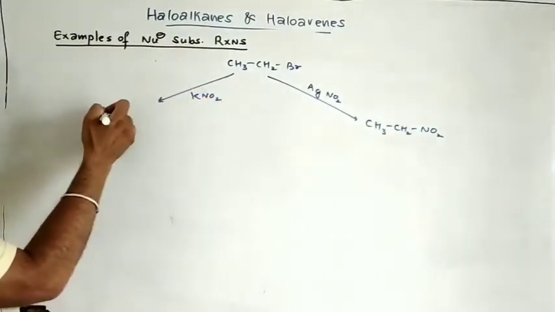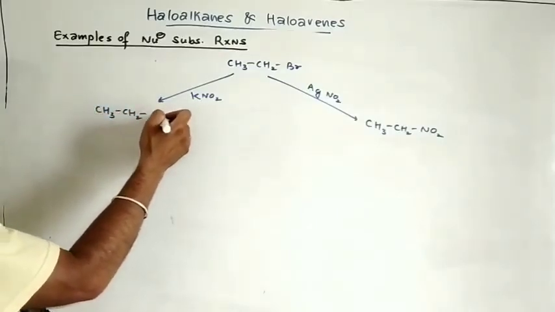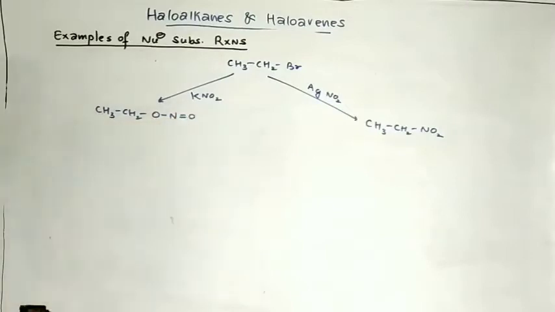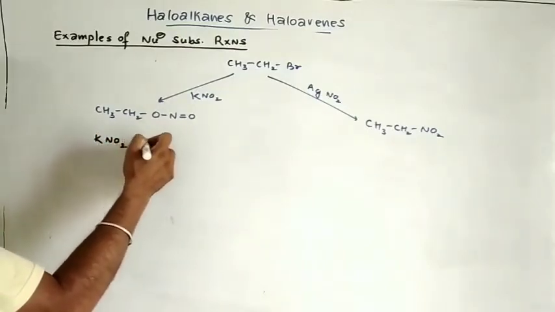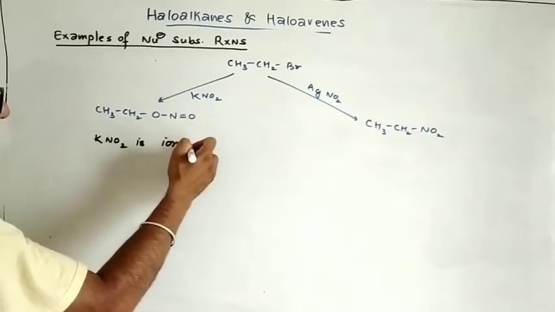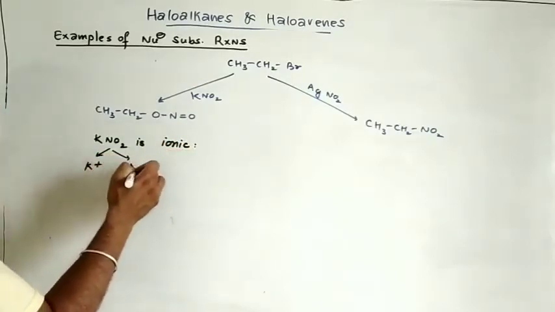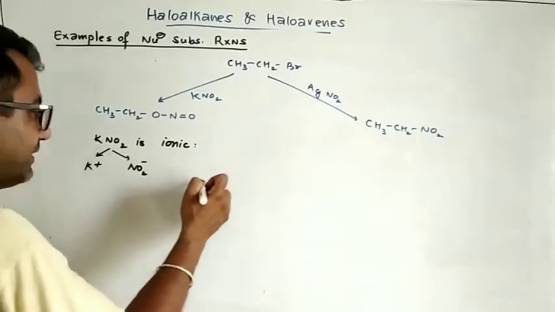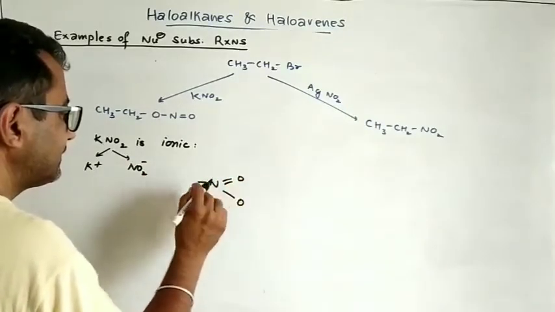When you add KNO2, you will get this. The difference is again that KNO2 is ionic, dissociating into ions, K positive and NO2 negative. NO2 negative is written like this: